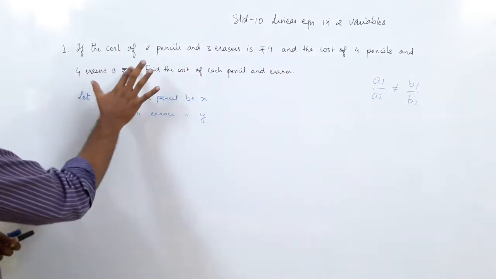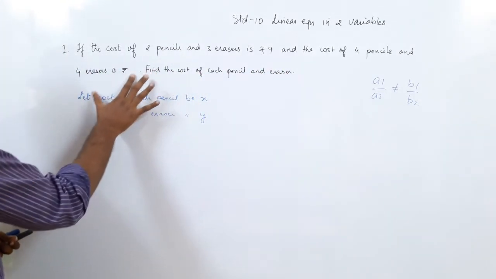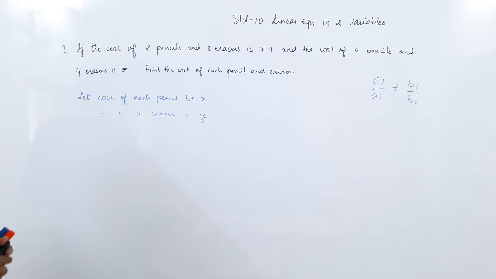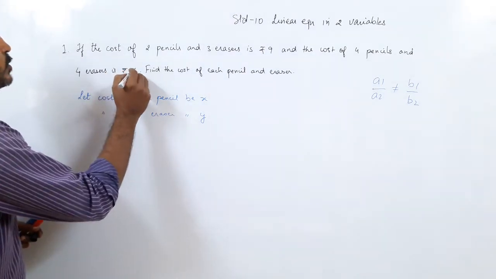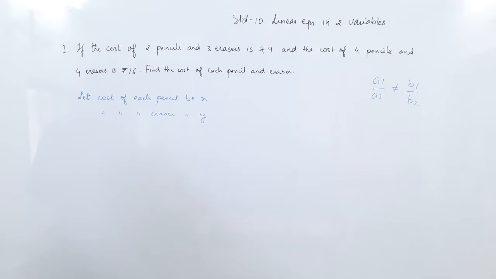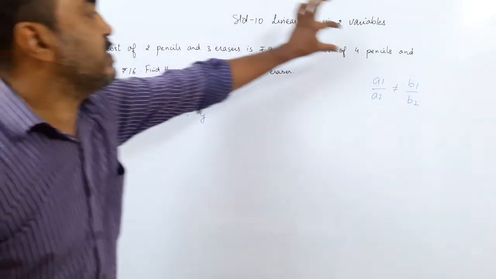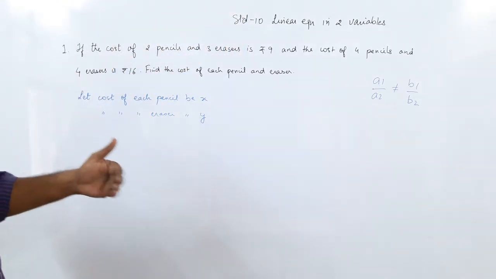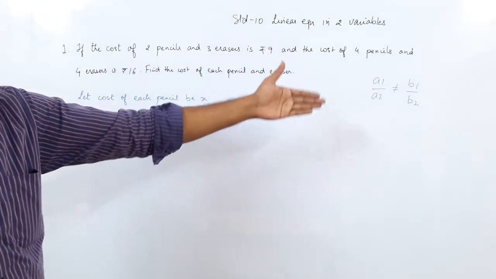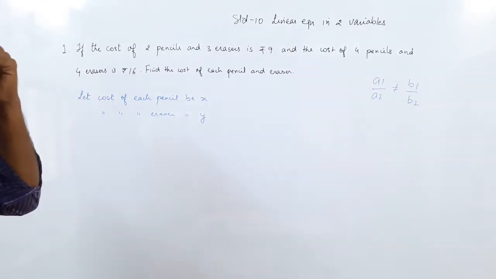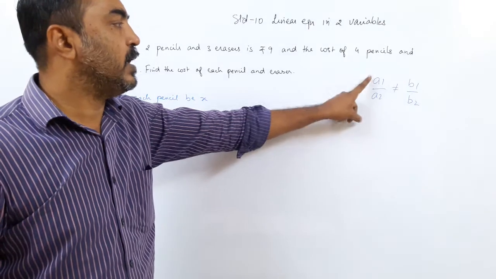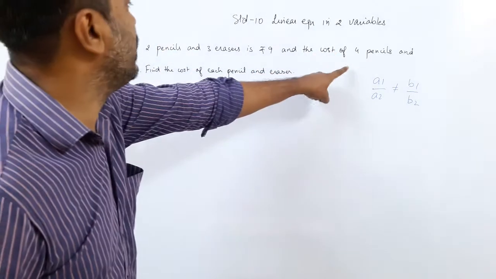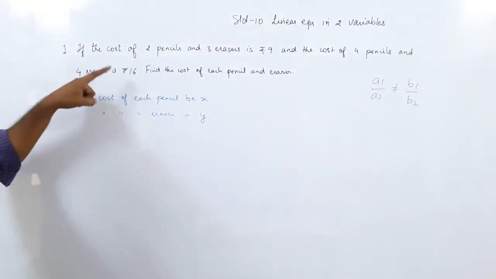So I have changed the condition here. But then I have to find a new price because the price is not remaining the same. So what will I take? Let me take, this becomes 16 rupees. I will change the sum now. You can rewind and see what was the original sum. The number of pencils were doubled, the number of erasers were doubled, the price was also doubled. So what condition did we get? a1 upon a2 equal to b1 upon b2 equal to c1 upon c2, infinite solutions. But here for a unique solution I want a1 upon a2 not equal to b1 upon b2. So I made these 2 pencils as 4 pencils, but 3 erasers became only 4 erasers, the price 16.